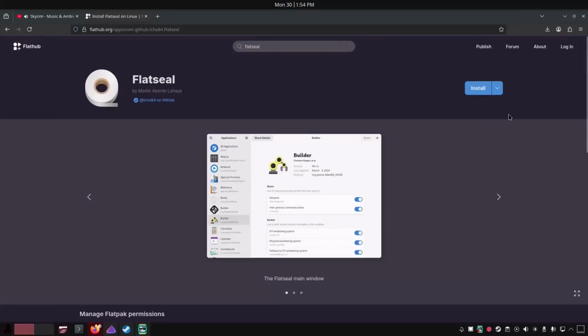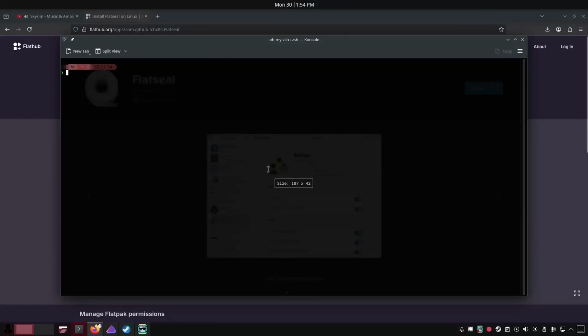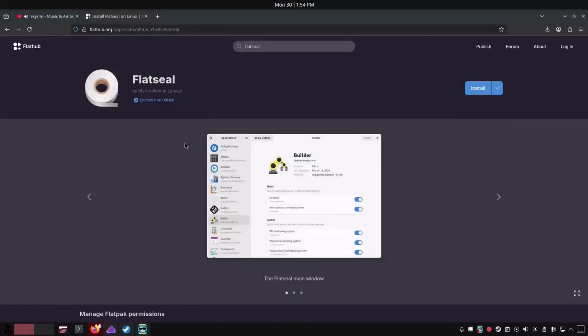So install Flatseal. Flatseal will be really helpful in the future. I'm gonna do the same way I install Bottles. You do that. I already have it installed though, so it won't give me the installation screen that you saw from Bottles. And once you have that installed,